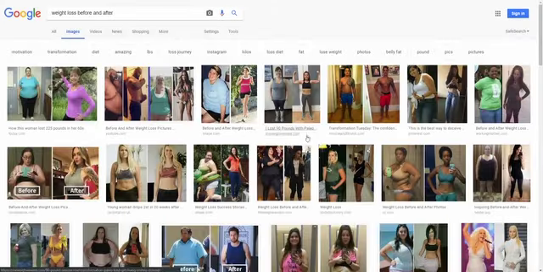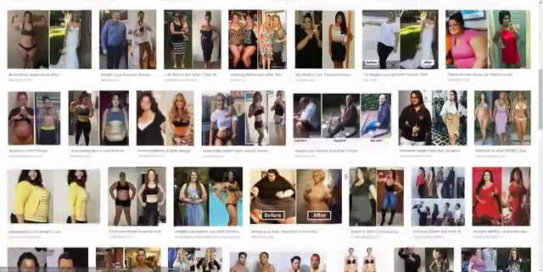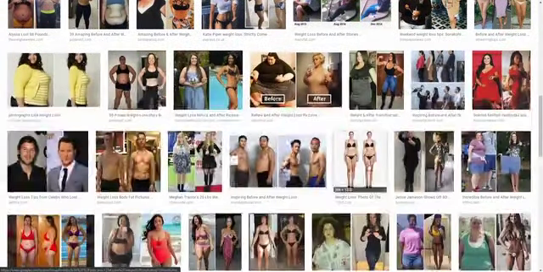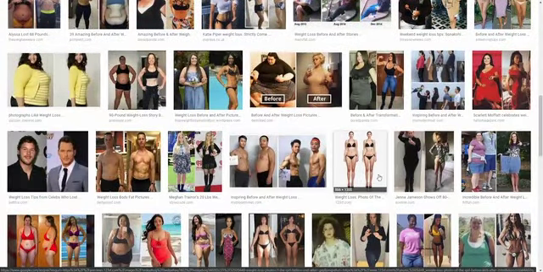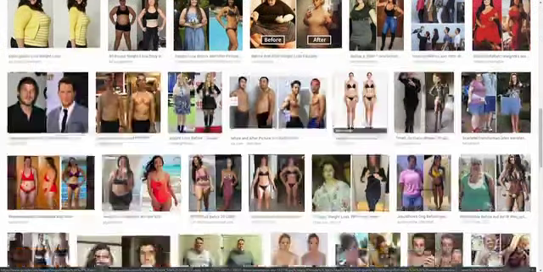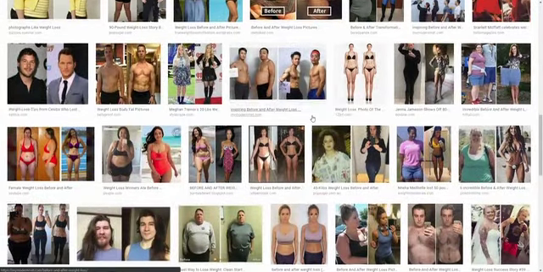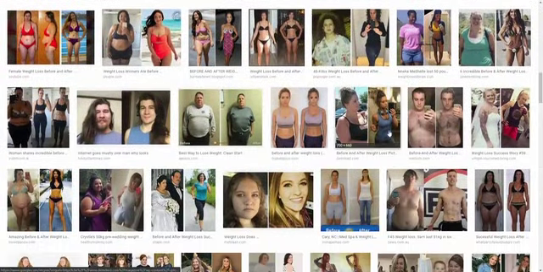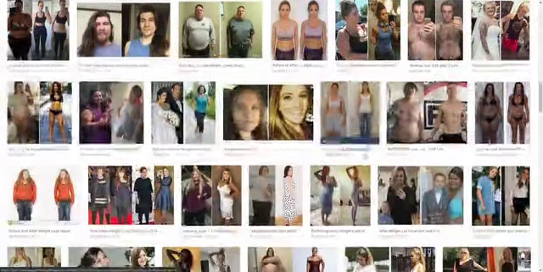Click on images. Make sure you grab a non-copyrighted image. You don't want to use any image that's been copyrighted. So I'm not really checking that right now because I'm just doing a demo for you, but you want to do that. So once you find an image, okay,